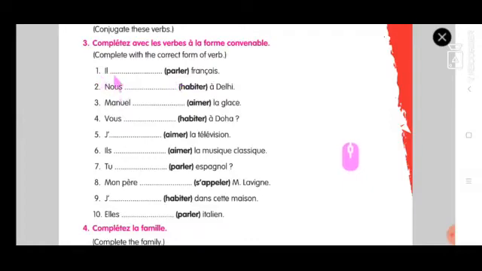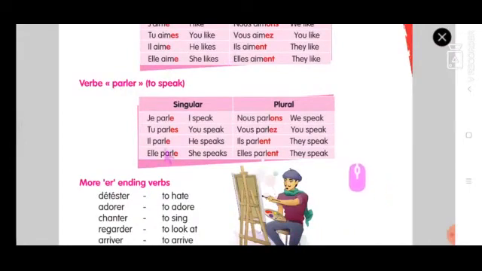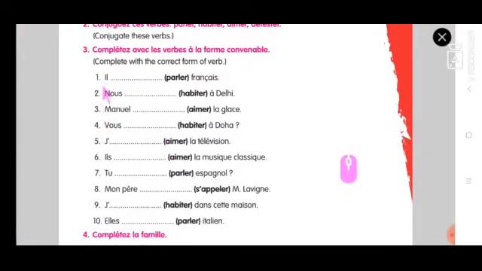Now let's go and see the tabular column for il. So remember the subject is il. Where's the tabular column? Here it is. See, parler verb is here, and what is the ending for parler? We have to take the radical P-A-R-L, and the ending is E. So this is the answer. You have to just copy from here. P-A-R-L-E. Parle. Il parle français.